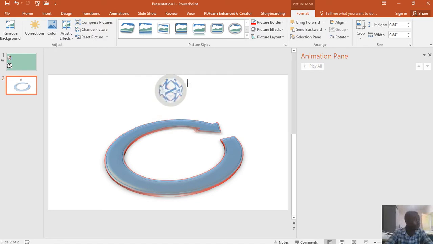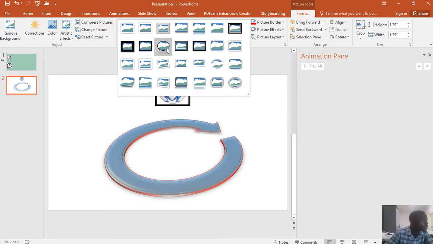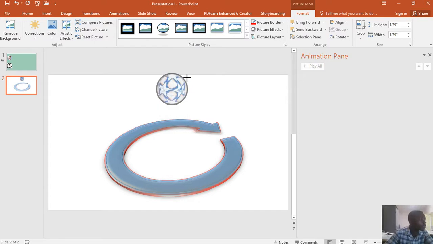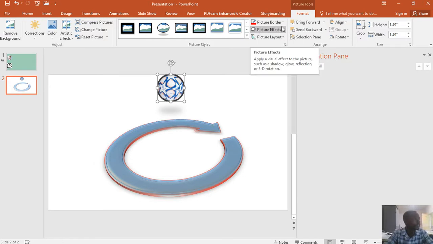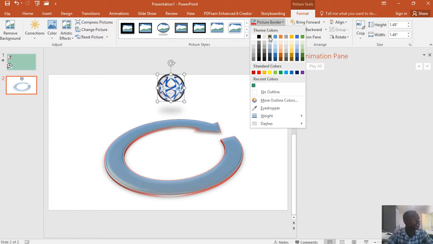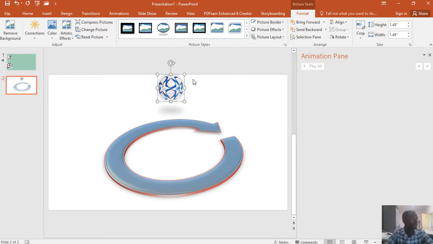But now it's too small. Let's just put a border instead of having it that way. Let's just save it with that border and then put it there. So we can say picture border, its color, we want it to be white so that it's not visible. Then we have the same border. Control C, Control V, we put it there, and then we reduce the size so that it fits with